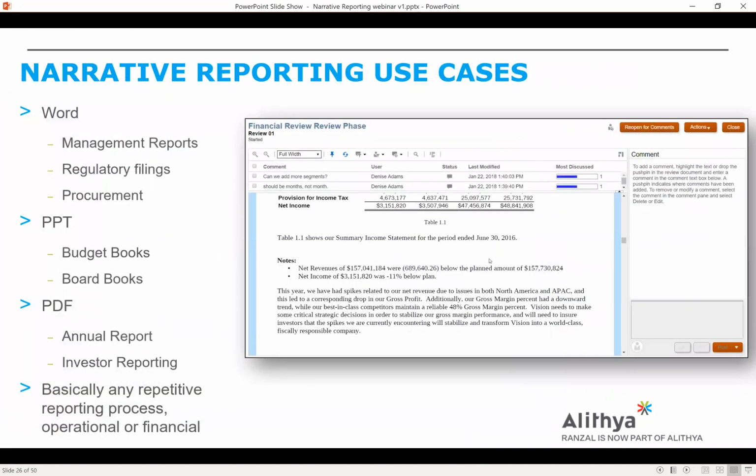So some use cases for narrative reporting. On the Word side, there are management reports that you do on a monthly or quarterly basis, and regulatory filings. Even, we've seen some use cases for procurement purposes to track the internal procurement process. PowerPoint, budget books, and board books. On the PDF side, annual reports and